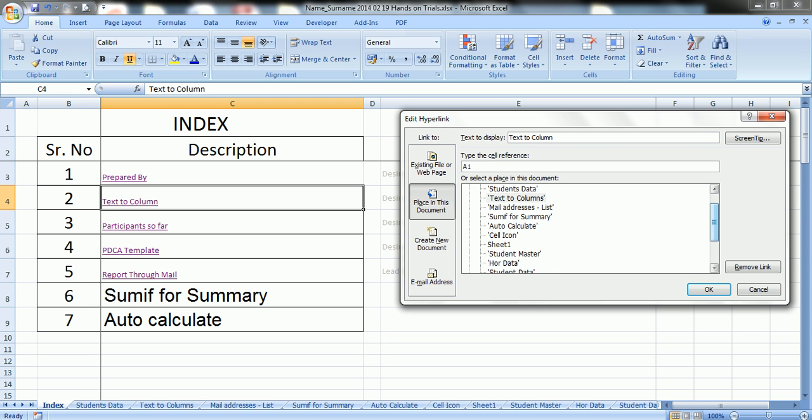Go to the worksheet where you want to go, which is auto calculate, and therein also suppose I want to go to cell A10. So A10, and from text to column to auto calculate.